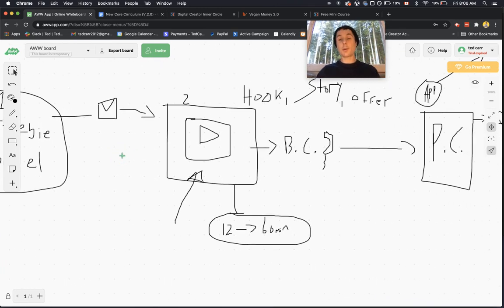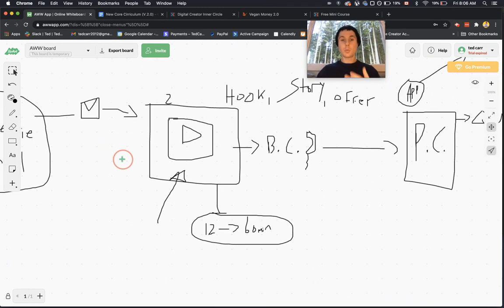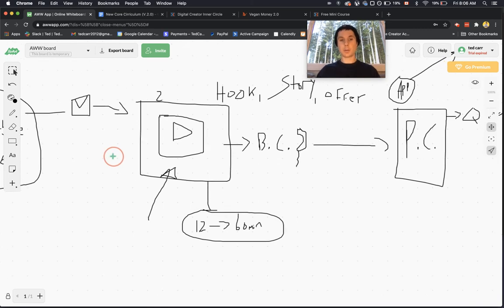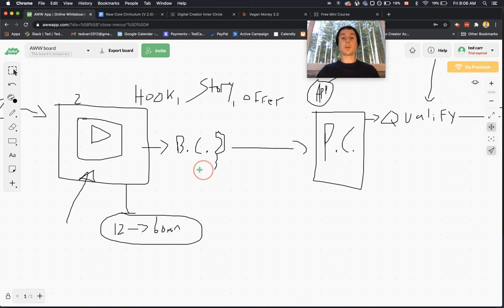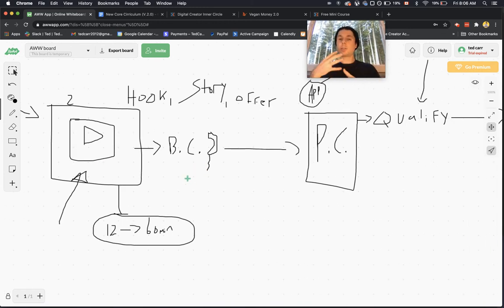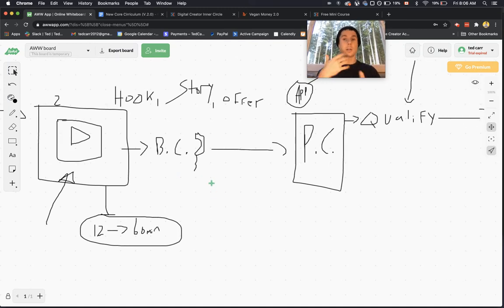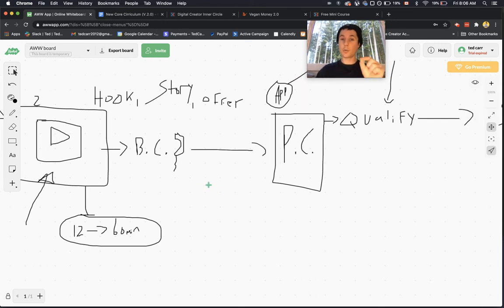Does your webinar now actually convert? And if it does, great. You're getting phone calls booked. Now we look at the phone call. Do your phone calls actually convert? If they don't, we gotta fix something in that. It's a phone call issue. Okay? If phone calls aren't converting, it's a phone call issue. So we can narrow in and focus on that.